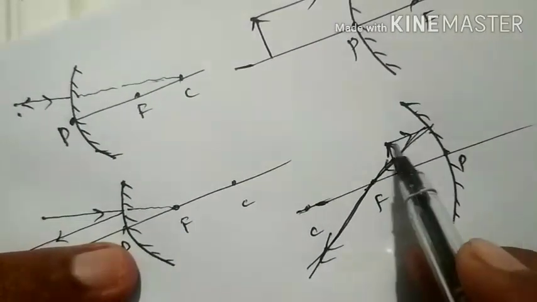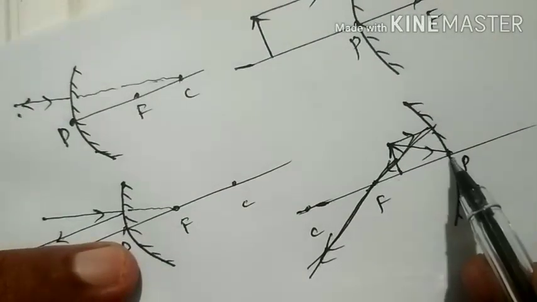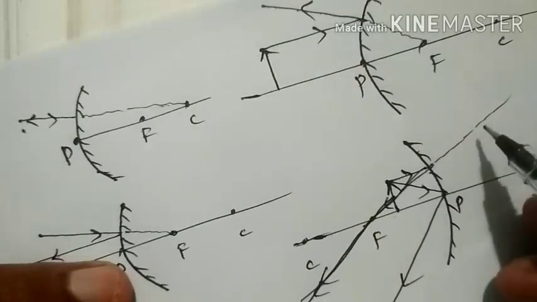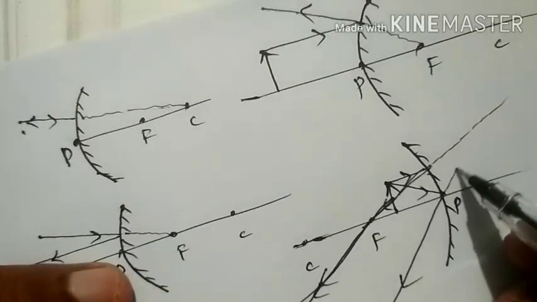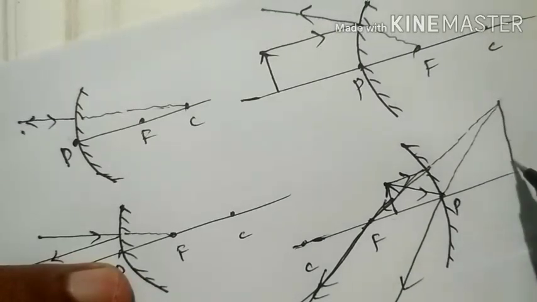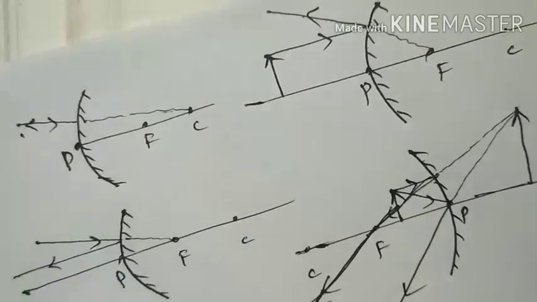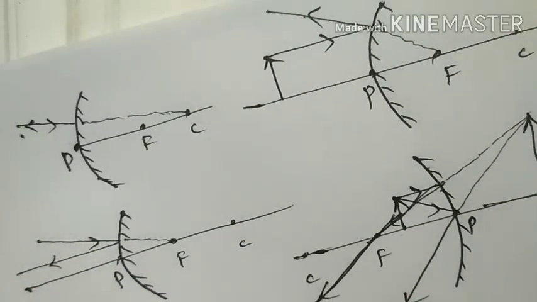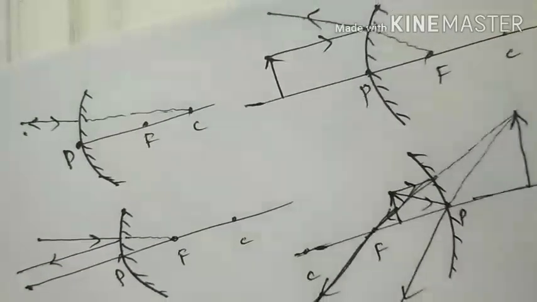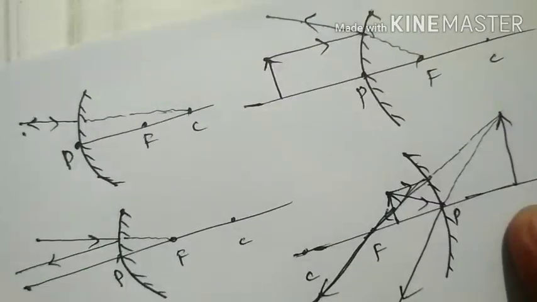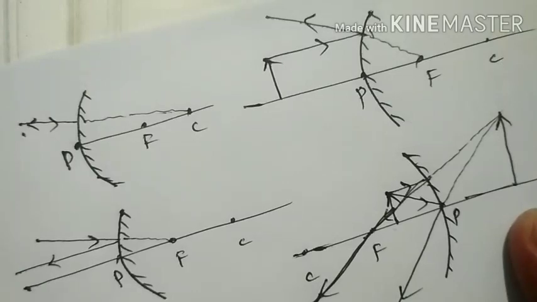Next one is light ray with oblique incidence. So the light ray is again obliquely reflected. So you can consider this is the case. So like this we can get the answer, because if the object is placed between pole and focus, then the image is formed virtual, erect and enlarged.